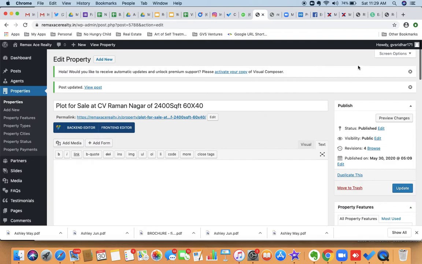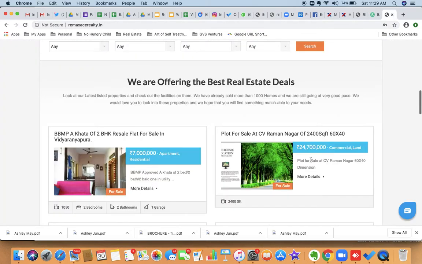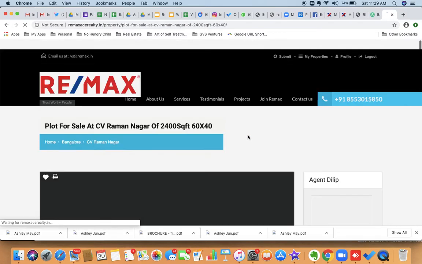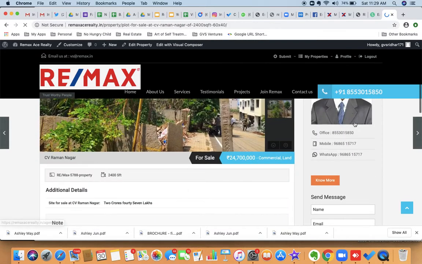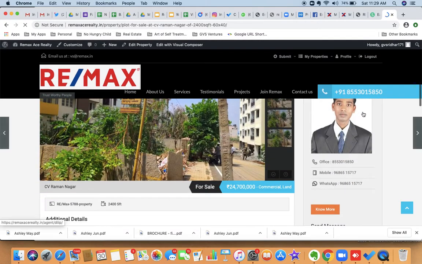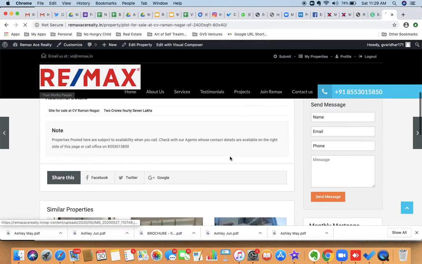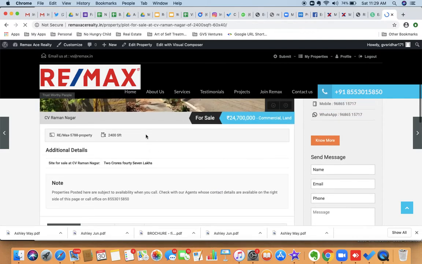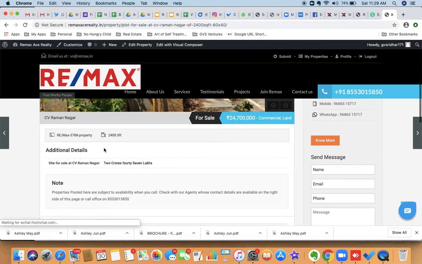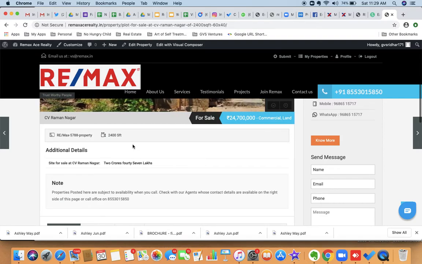Now your photograph also would have come because I put Dilip. See, your Dilip photograph has come. Now your number has come, earlier it was not there. And that 0 bedroom, 0 this thing has been removed. Only this is coming now. So this is the right way of doing. Additionally, here you have not put the description, that is why this is blank. If you put the description it will come here. So I hope it is now clear for you.